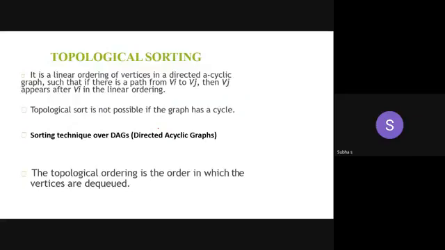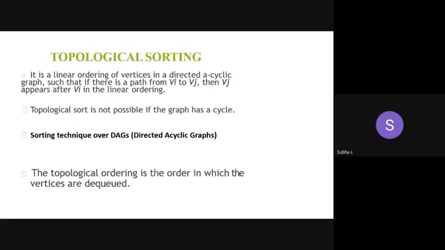Now we move on to topological sorting. Everyone have note and pen with you. You have to work it out, then only it will be easier. So normally sorting means what? You are going to order the vertices in some way. Here topology means what? Normally topology means structure. You are going to make it in a structured way. That is the topological sorting.